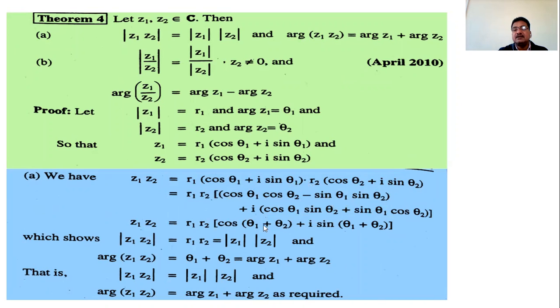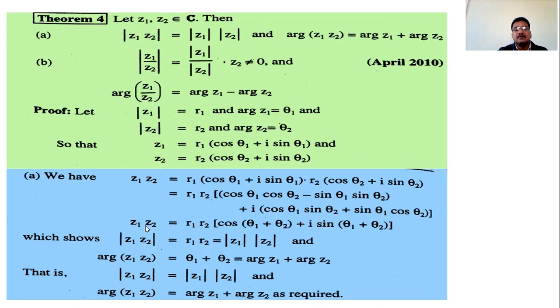minus sin theta1 sin theta2, which is cos of theta1 plus theta2, because we know that cos a plus b is what? Cos a cos b minus sin a sin b. And this is the expansion of sin theta1 plus theta2, because sin a plus b is sin a cos b plus cos a sin b. So this indicates that the modulus of z1 into z2 is r1 into r2,